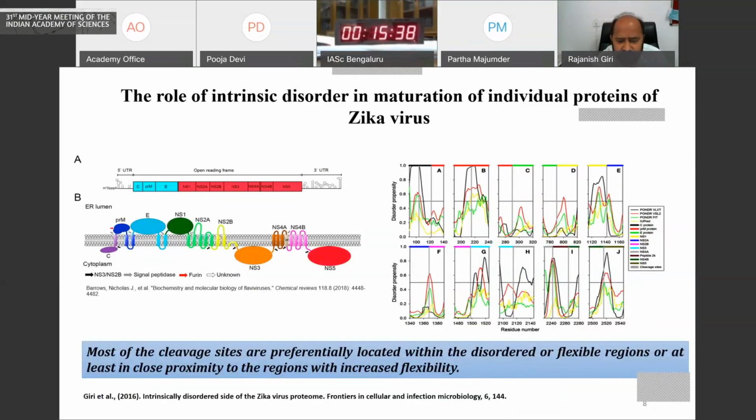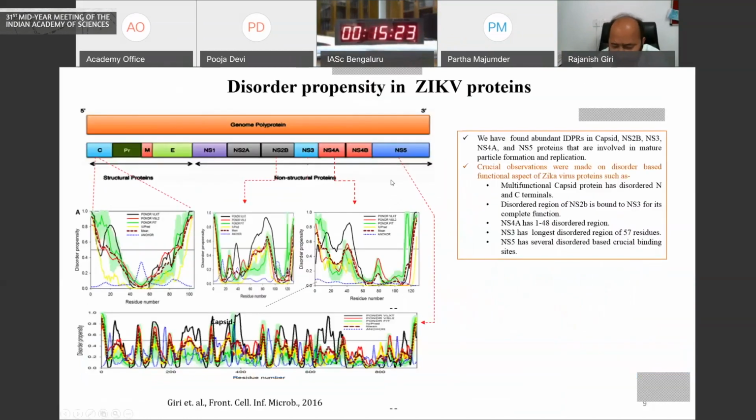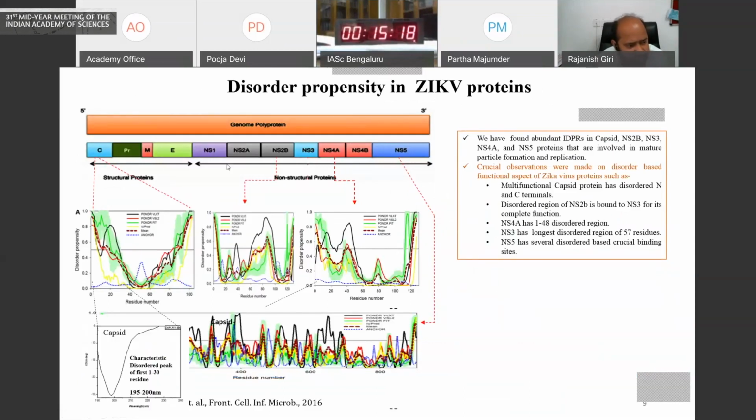We found that on the protein junctions there are disordered regions, or linker sequences, or transmembrane and loop sequences, and these regions were very important for virus maturation. Further, we tried to experimentally verify some of the predictions. We found that in the capsid the N-terminal region was predicted to be disordered, and when we synthesized the peptide, we found that it is intrinsically disordered, giving a negative peak in the CD spectrum at around 200 nm, which is the characteristic peak of a disordered protein.